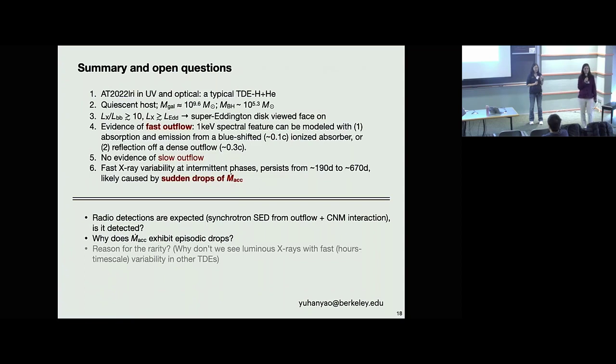I think to answer this, you also need high cadence observations for other systems. And so we don't know whether other ones have such variability. I think for a few of them, we do know that they don't exist. But for many of them, we only have a little bit, like 4 or 5 Swift snapshots, where you can't really tell if there's fast variability. I see. So yeah, I need to better quantify this. Yeah, we can talk about this later, but maybe we can quantify how rare they actually are.